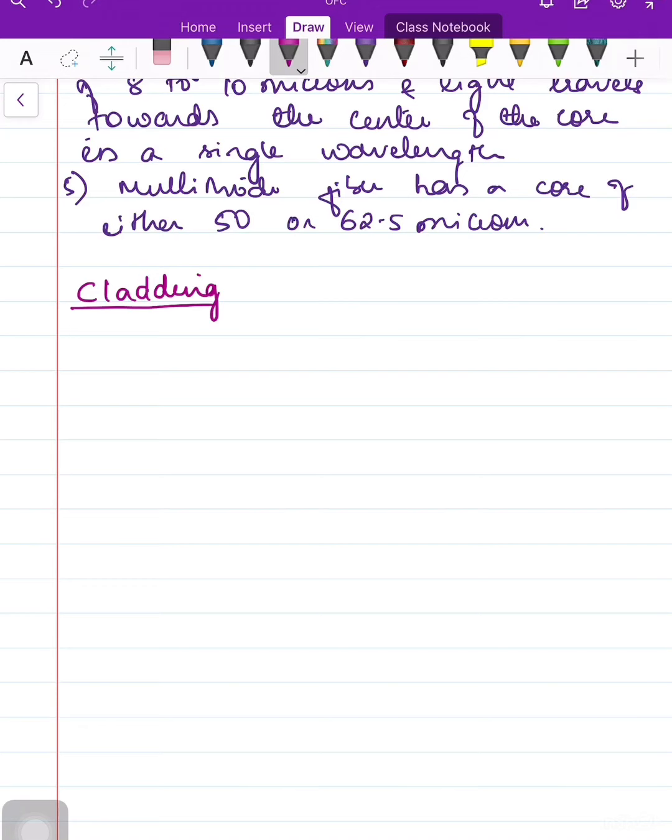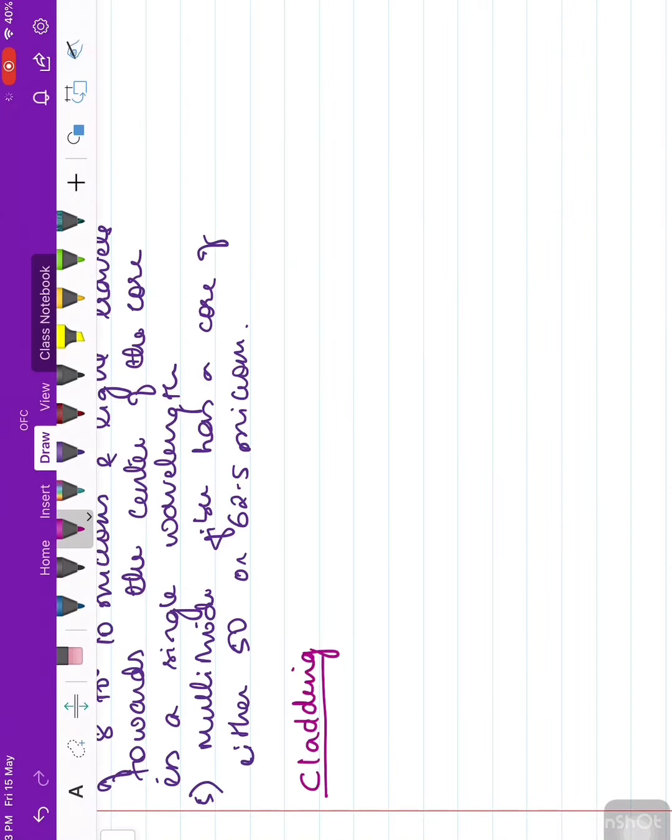Clear? So what is cladding in general? The cladding surrounds the core. It is an outer optical material that protects the core. The main function of the cladding is that it reflects the light back to the core. When light enters through the core into the cladding, that is from denser material to the lesser dense material, it changes its angle and then reflects back to the core. So this is how the internal reflection happens. Okay, so now let us note down some points.